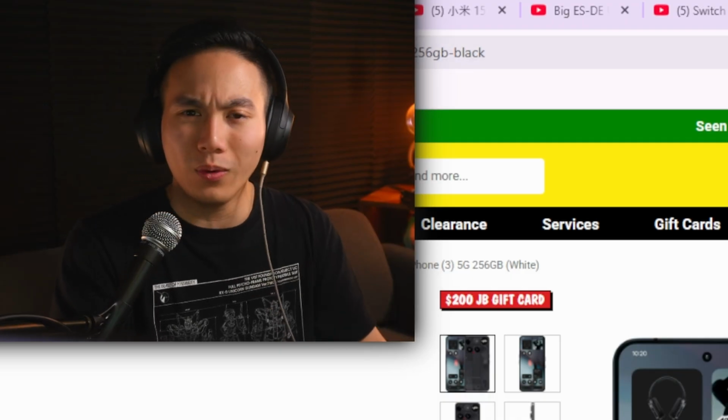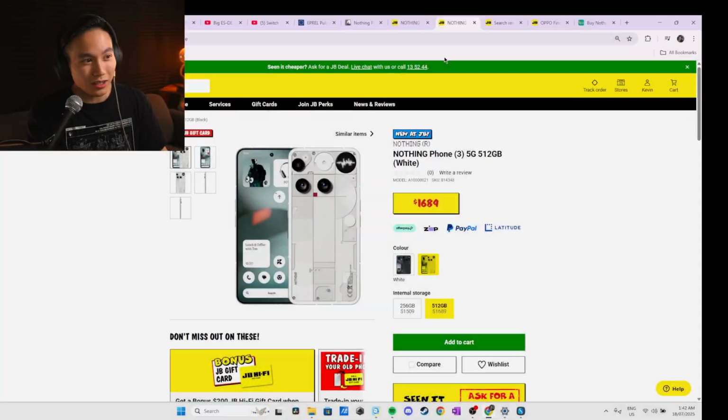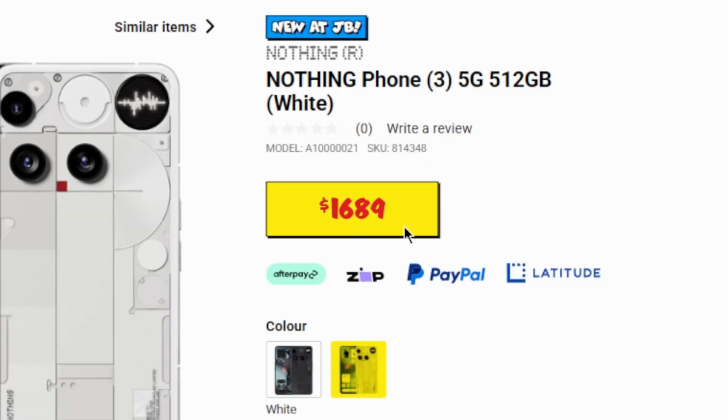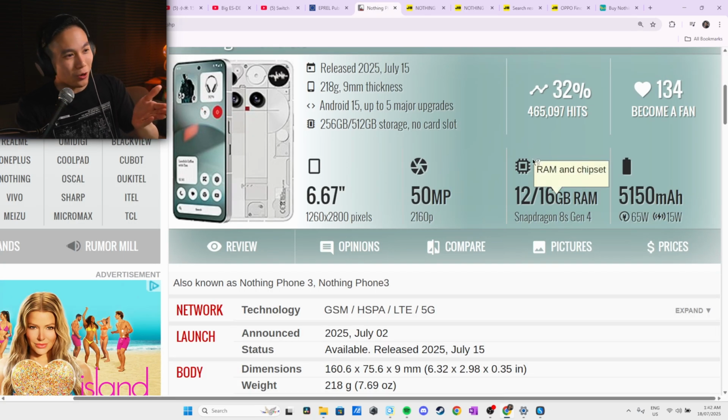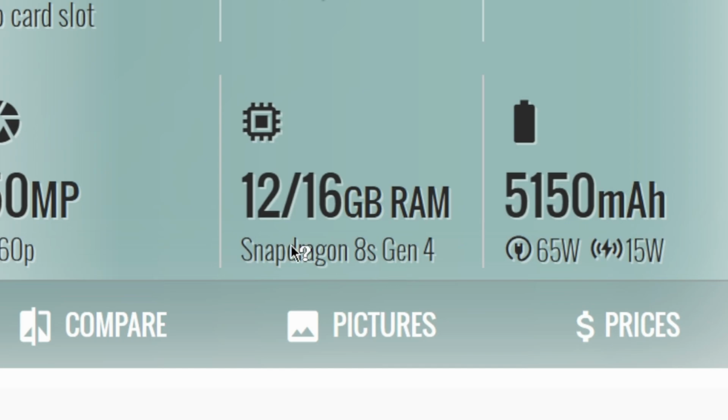And if you want an acceptable amount of storage, let's say you want to store your saved TikToks on it, well, that's going to set you back $1,689. And I'm probably going to kill most of that reaction video anyways. I don't want to sit there for 20 minutes reacting to a video. But for the specs that you're getting, 8S Gen 4,